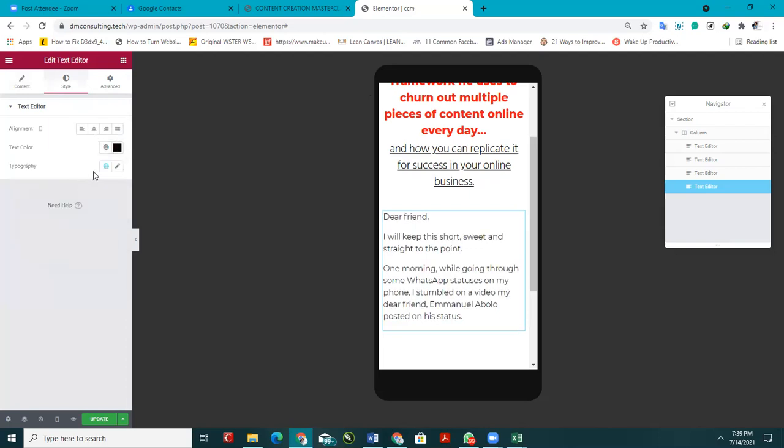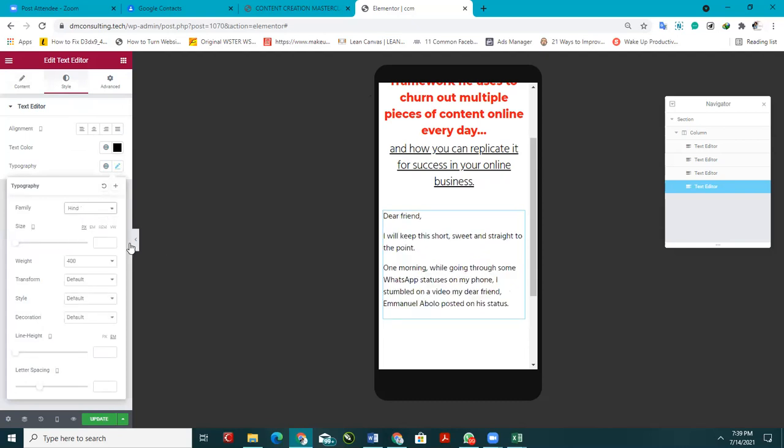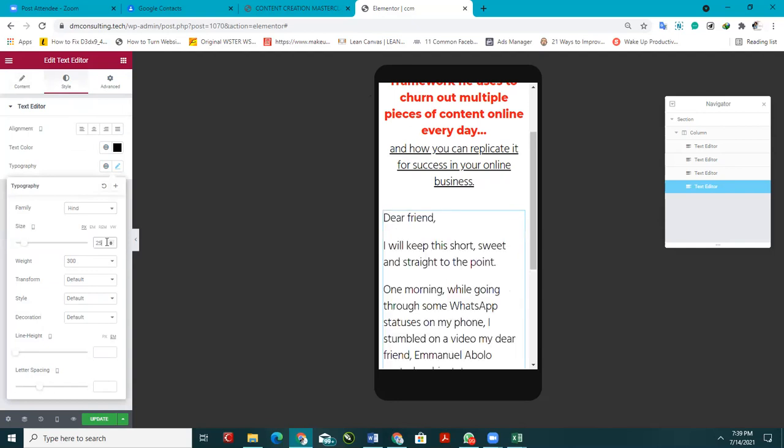Let's change the typography to Hint, weight to 300. Once we've done this, change the size to 25, right? Then,